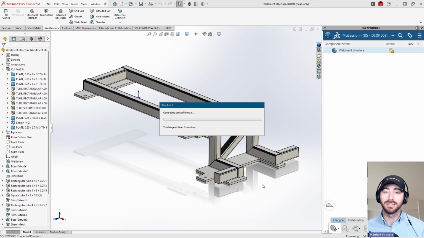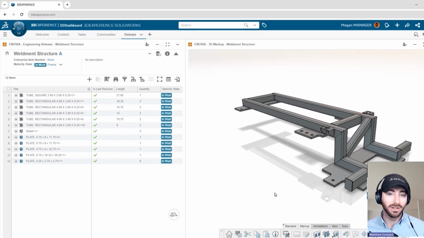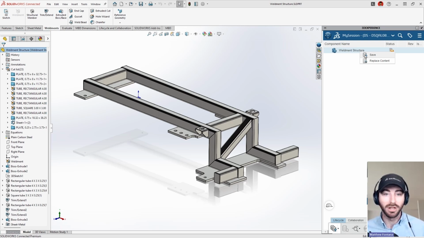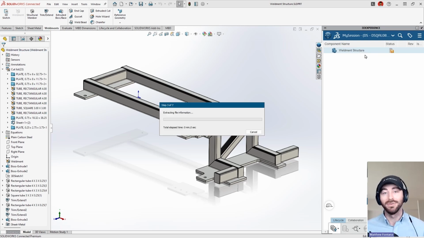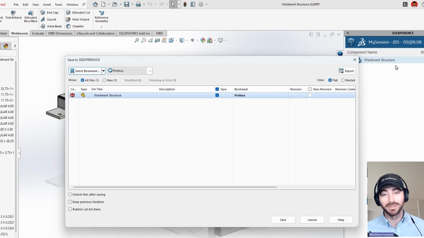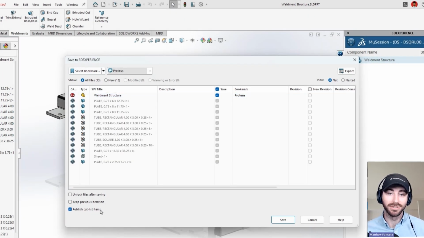Now this is a big deal because previously and traditionally it was saved in as just a single part file, and when you went to look on, say, a bill of materials, it would show up as that single part and the individual bodies within the weldment were not recognized. Now it is all of the individual weldment structure members, the sheet metal members, generic members such as brackets, plates, things like that. They're all recognized individually and they show up accordingly in that bill of materials right inside of